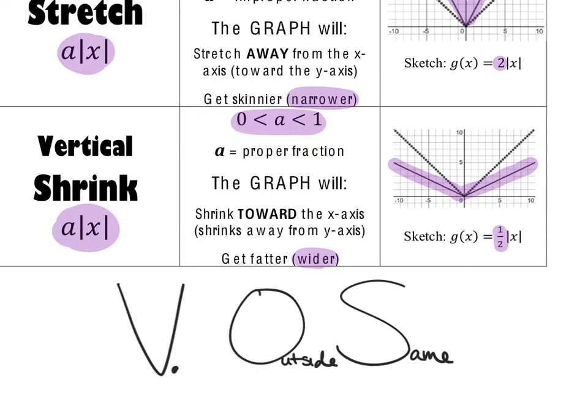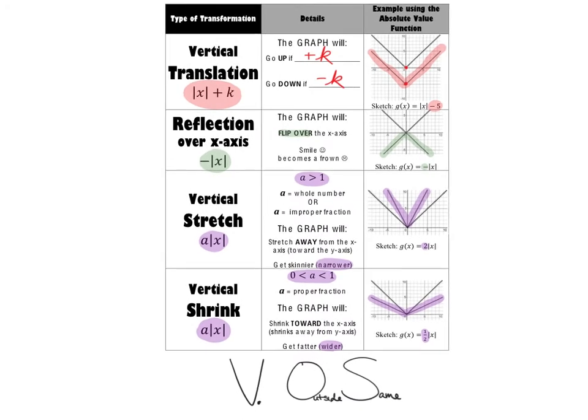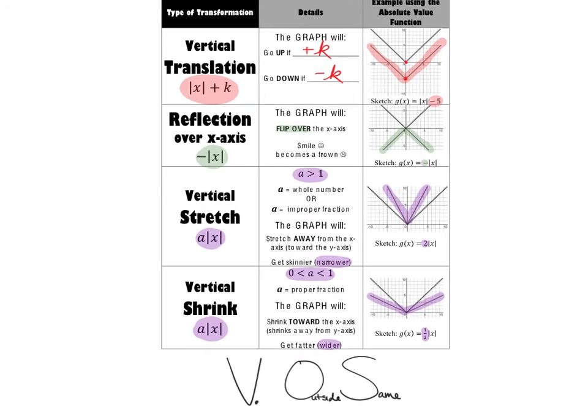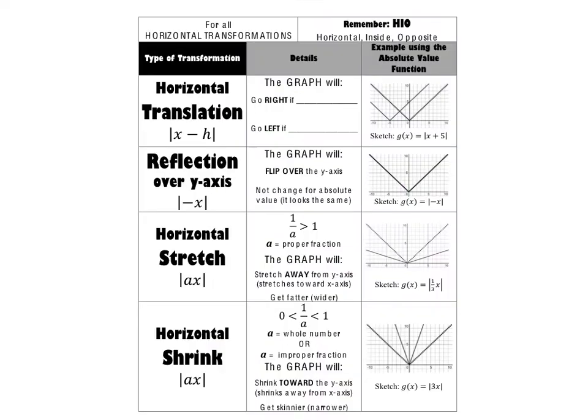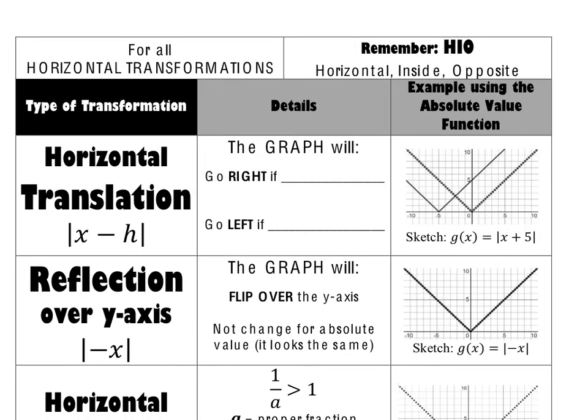Okay, on the other hand, we have another piece of paper that instead of working with all of our vertical transformations, has horizontal transformations. So flip over to that one. Instead of VOS for this one, the acronym we're going to use is HIO. That stands for horizontal transformations inside the parent function, and they go the opposite direction than we think,